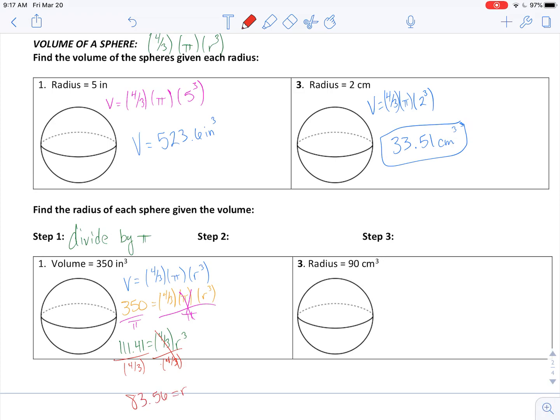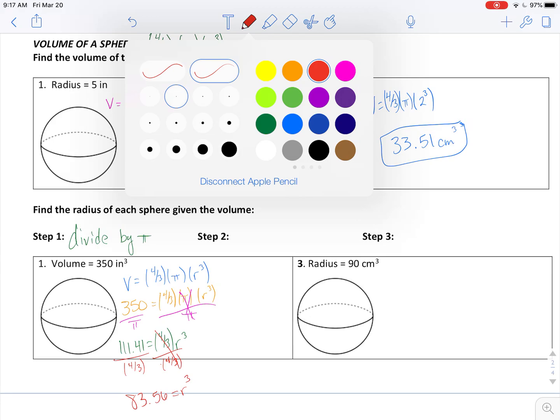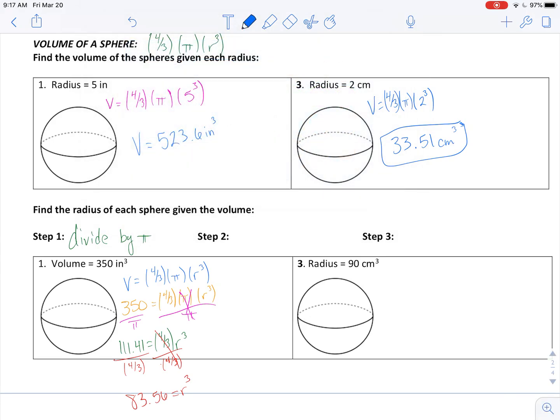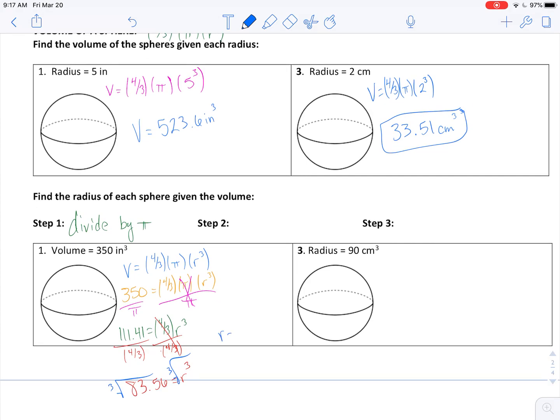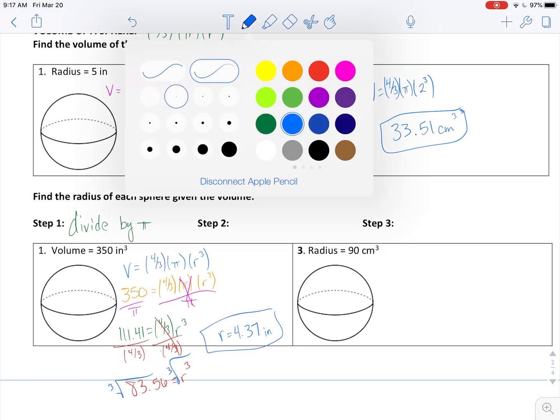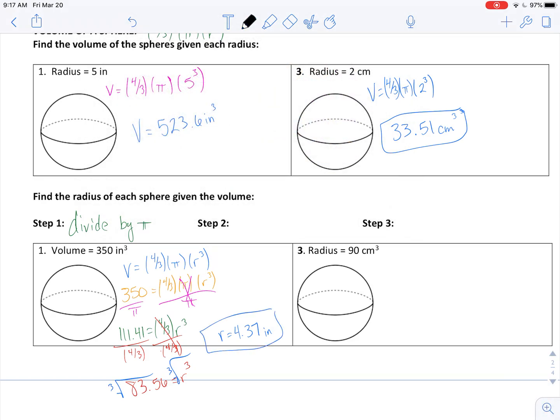So I've got 83.56 equals r cubed. Now, what is the opposite of cubing a number? How do I get rid of a cube? Well, the opposite of cubing is cube rooting. I take the cube root, then r equals 4.37 inches,